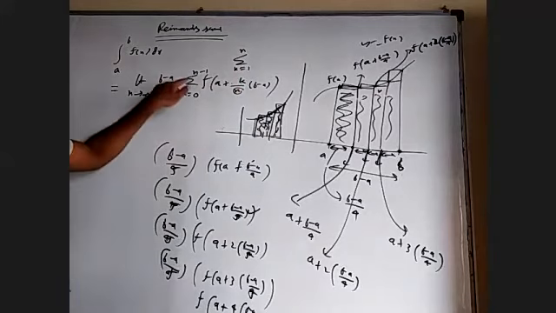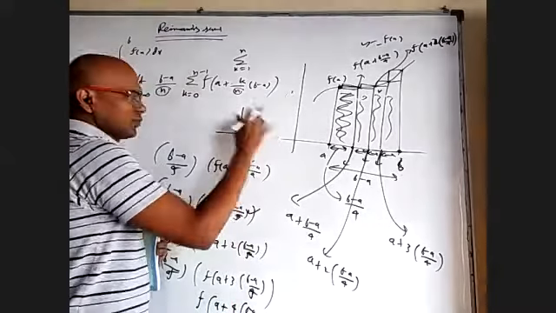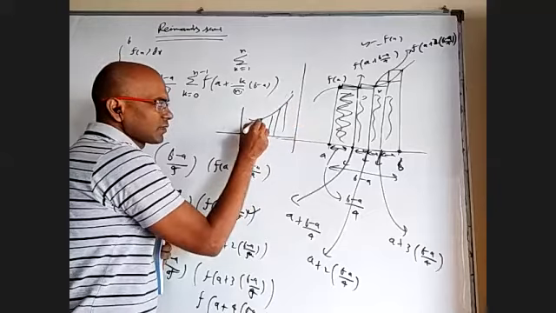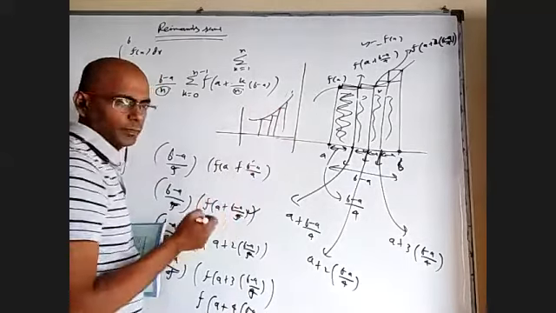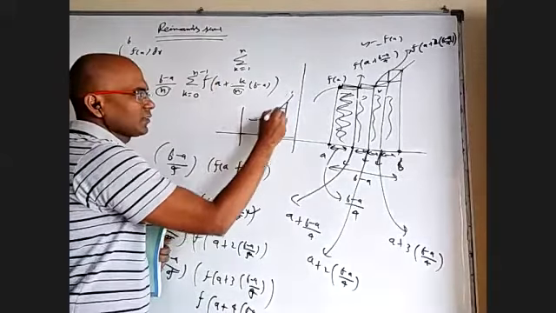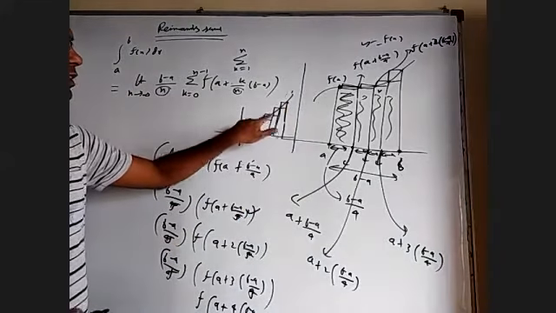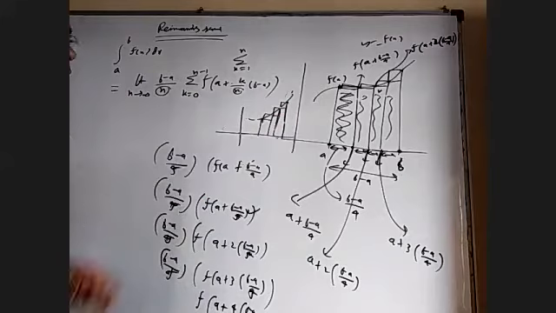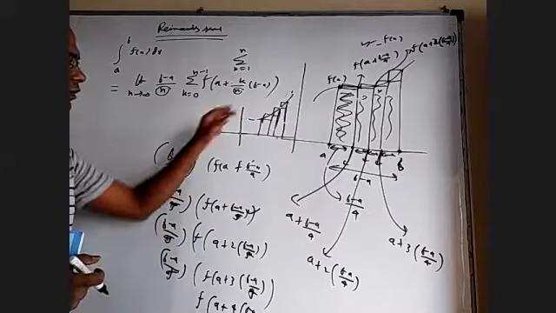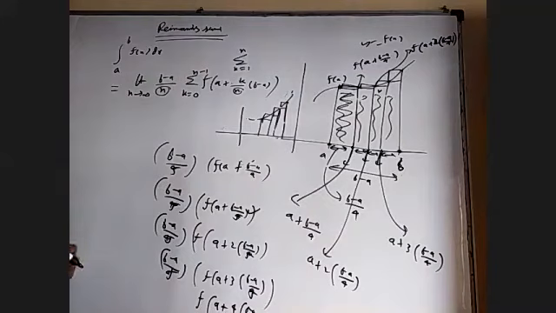When I'm taking 0 to n minus 1, it means I'm taking, in a sense, all the lower rectangles for this curve, not for all curves, but what I'm taking is starting from this side, next this side, next this side. The final height I'm not using. If I take 1 to n, I'm taking this rectangle first, this rectangle next, this rectangle next. Then I'm not using the first height. I'm using this height, and the height here. But ultimately, when n tends to infinity, the number of strips will become so many, and our area will be very close to the actual area finally. Okay, so this is the definition.